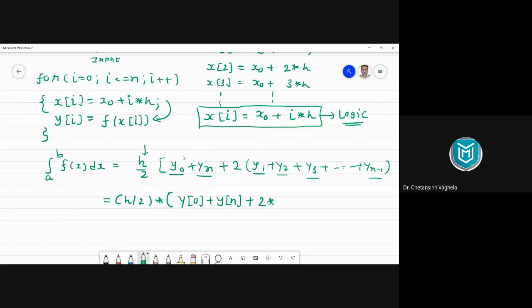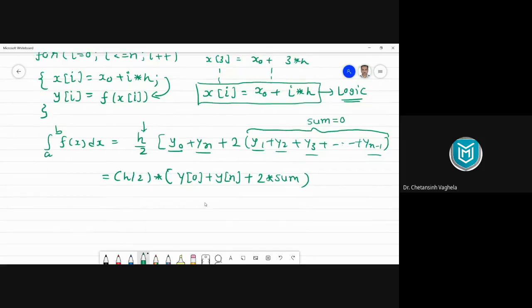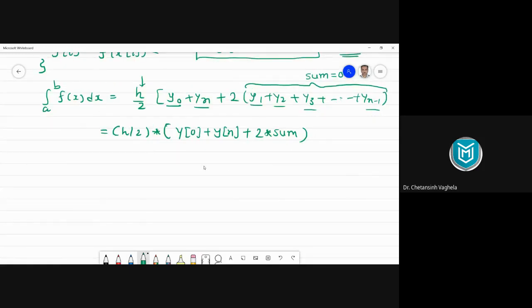So to get this total, for this bracket we will introduce one variable with the name sum in our computer program, and we will initialize that sum with 0, right? So our formula will be 2 times sum, and inside this sum variable we will generate this total with the help of a for loop. Now how will we execute that for loop?